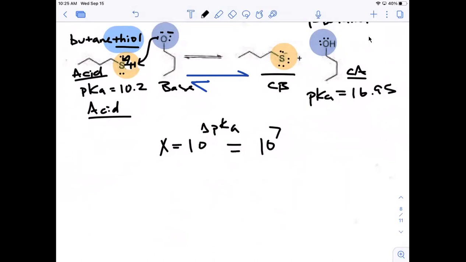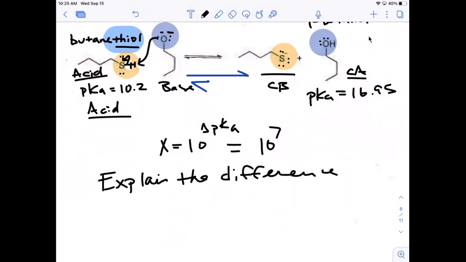So why? I know the sulfur has a larger area to take. I think it's something with the size of sulfur. Okay, great. Is that Sanaya? Yeah. Very good. The sulfur